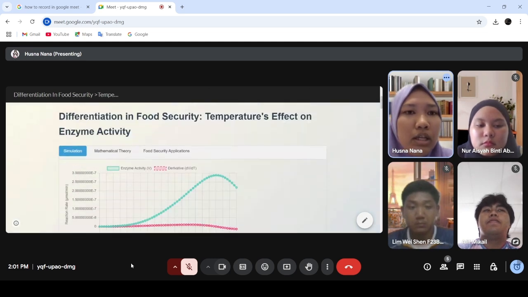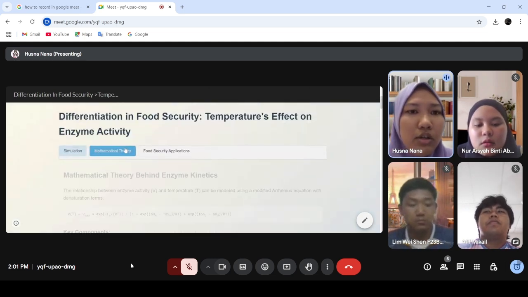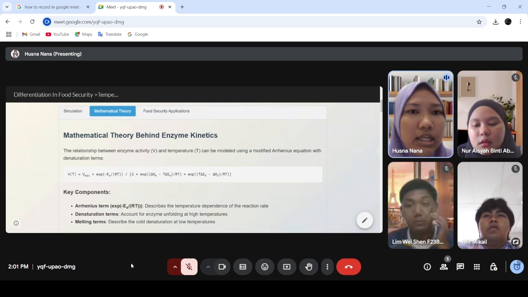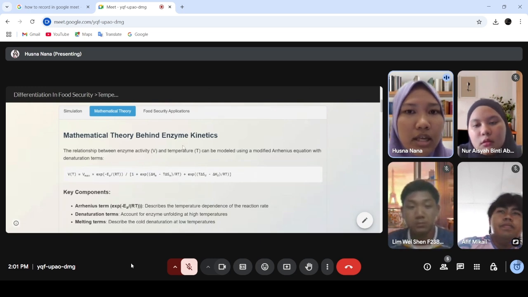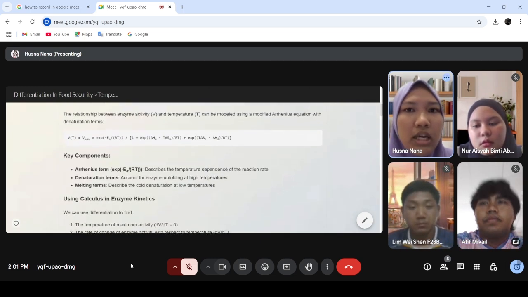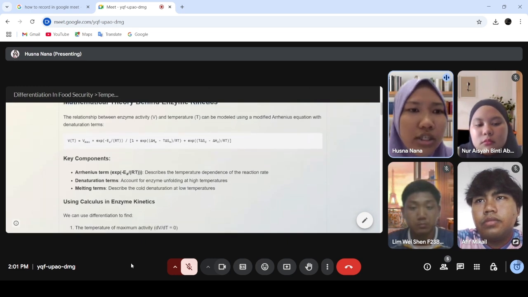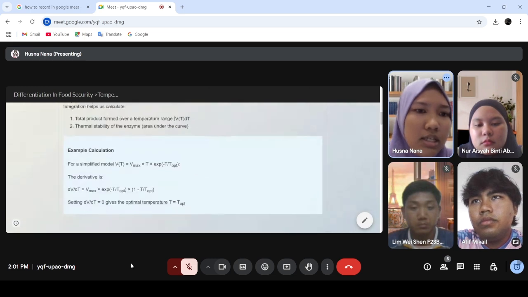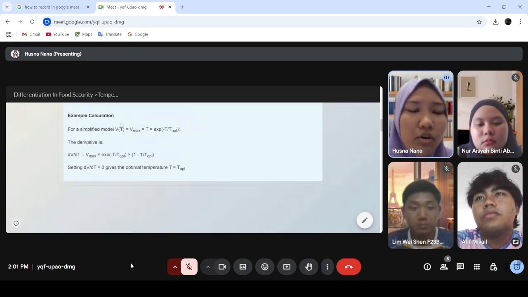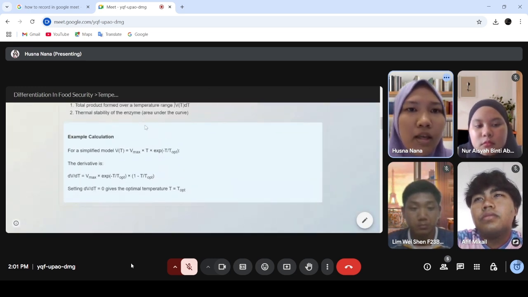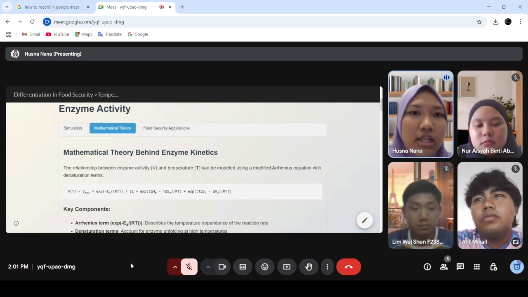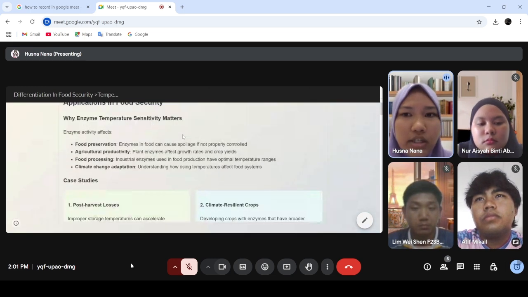The second is the mathematical theory I have here. You can see the theory behind enzyme kinetics. We use the Arrhenius equation and also calculus. Here is an example of the calculation. The third one is the food security application,